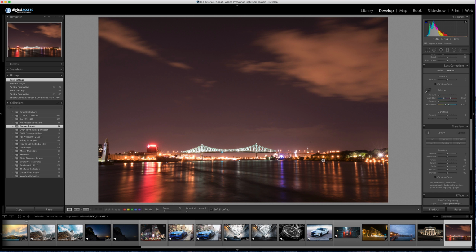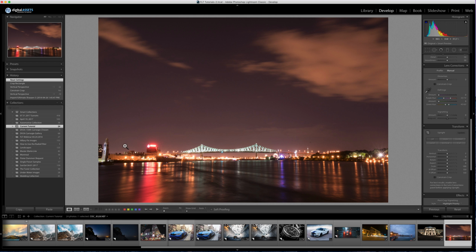And this is one picture I took of one of the main bridges going into Montreal. Pretty great place. Montreal is an awesome place to photograph. So if you ever go there, if you're able to go there, it's a gorgeous place to photograph at night, which I hope to go back to do sometime again in the future. So, working through this picture, there's a couple things we definitely need to fix, but yeah, stick with me,